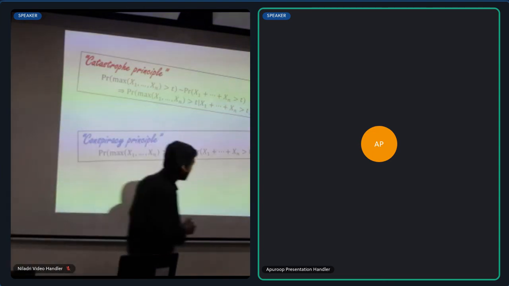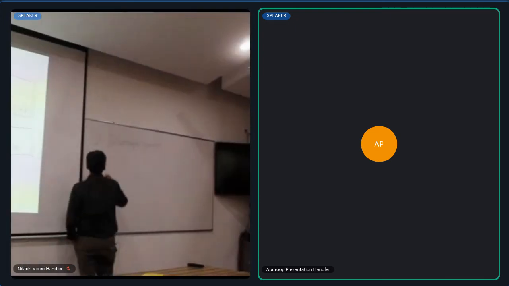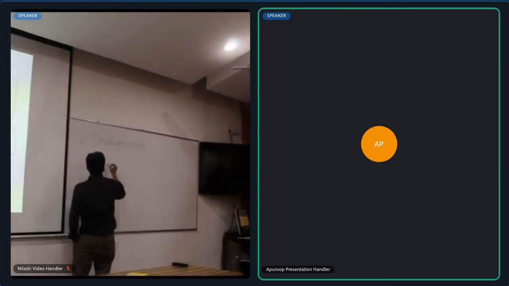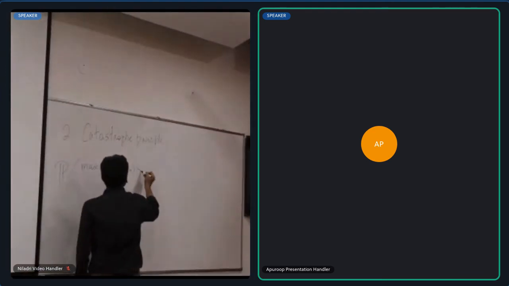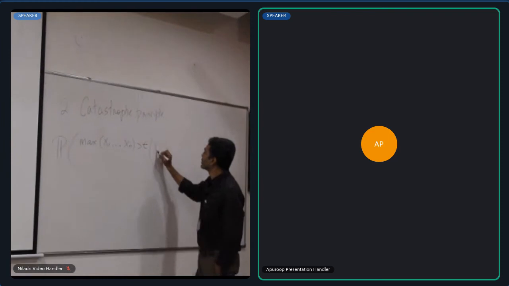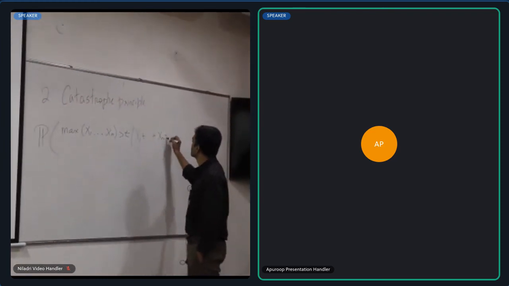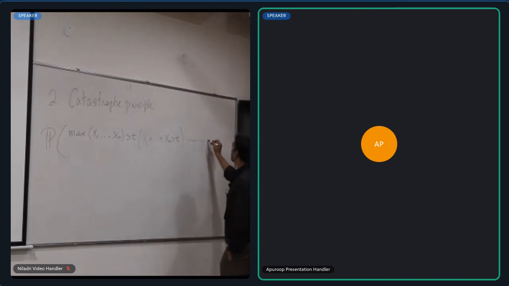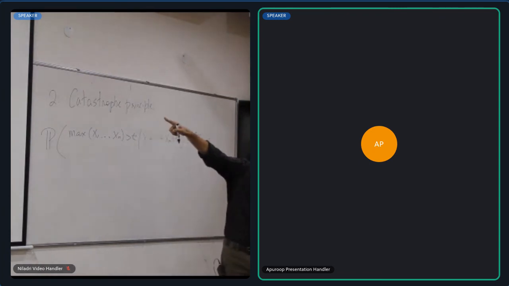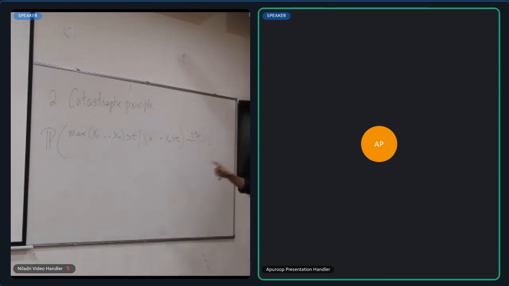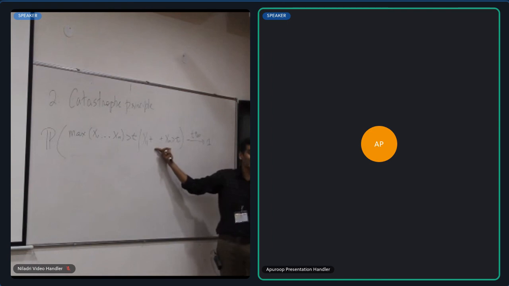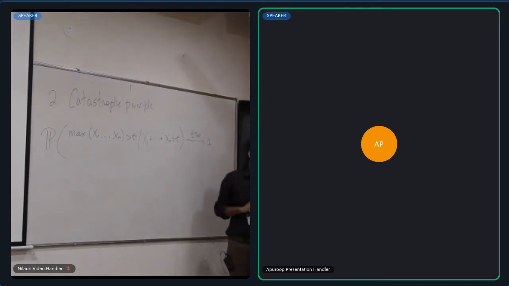Another way of writing that very statement is the following. Okay, write this as a conditional probability. The probability that the max of x1 through xn is greater than t, conditioned on the sum being greater than t, approaches 1 as t tends to infinity. This conditional probability is exactly the ratio of the left hand side to the right hand side. Right? So the fact that those two are asymptotically equivalent means that, conditioned on the sum being greater than t, with probability approaching 1, the max is greater than t.